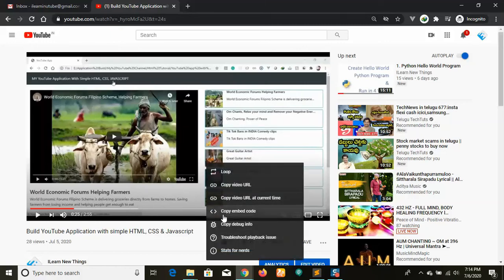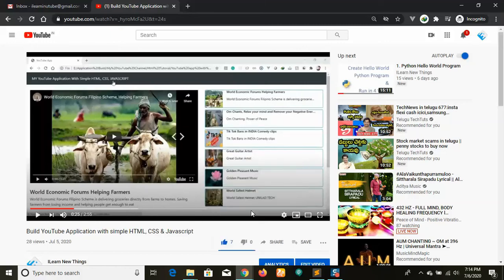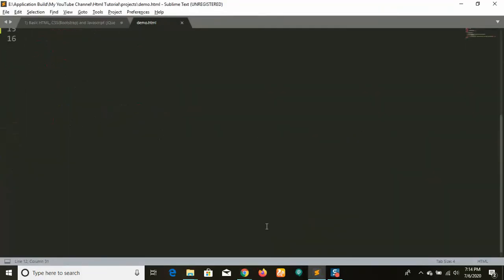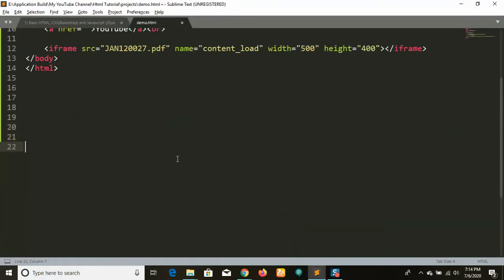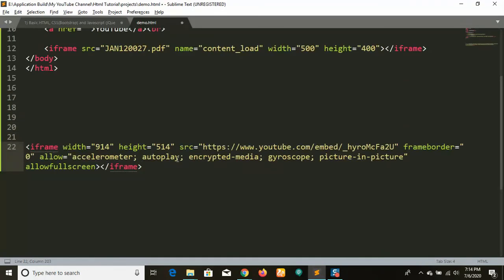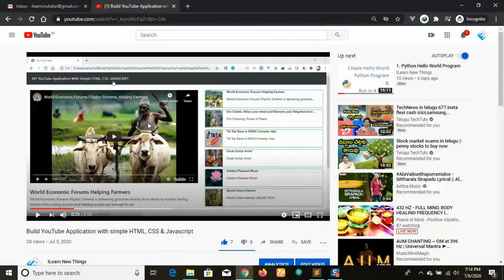Right click and copy the embedded code, and you can see here, let me paste what we got. So we got some iframe, right? Because this YouTube also is an iframe. So whenever we click on this, it will be loaded.